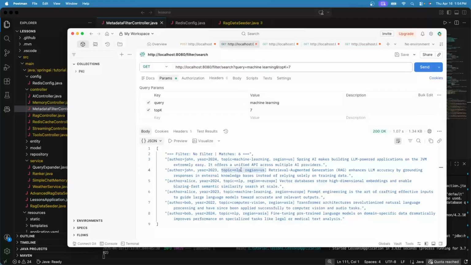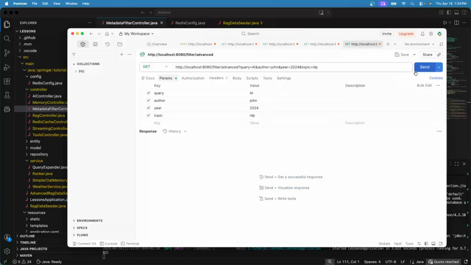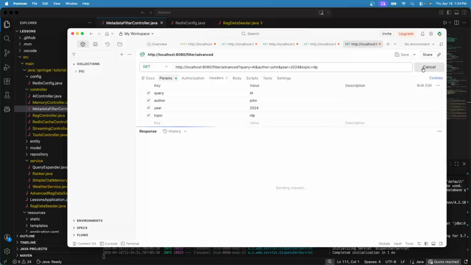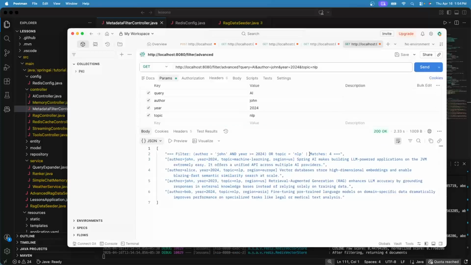We have 6 documents, with topic NLP 3 and with author John 2. So with author John and year 2024 we have only 1, and with topic NLP we have 3. This time as well we should get 4 documents. Let's hit the API. Yes, we are getting the 4 documents.